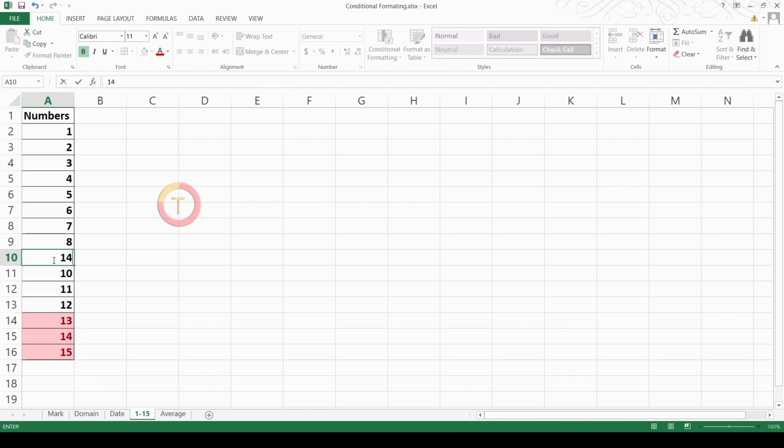If I make a duplicate of 14, then the highlight of 13 gets removed because in this table the top 3 values are 14, 14 and 15. If I add one more 14, then it will also get highlighted. Here 4 cells get highlighted but the unique values are 2, that is 14 and 15. So it will keep on highlighting all duplicates if the unique values satisfy our condition.